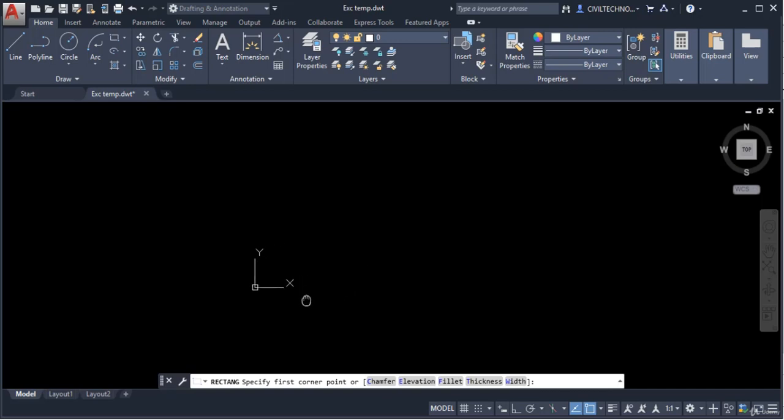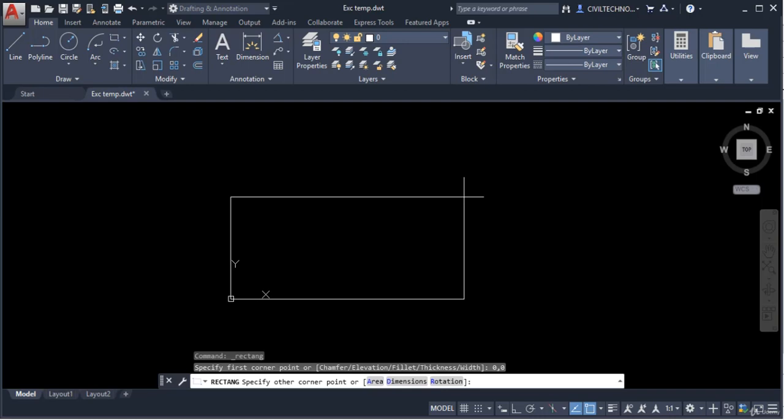So first let's see the origin. Okay, how to draw a rectangle from the origin. In this case the origin is 0,0 as I have told you earlier, and I will hit enter. Now the rectangle will be drawn right from the origin, and the next thing is we have to give the other corner point.